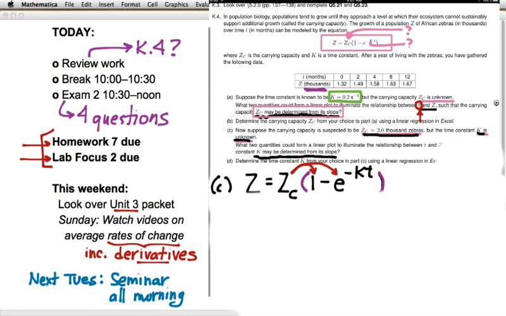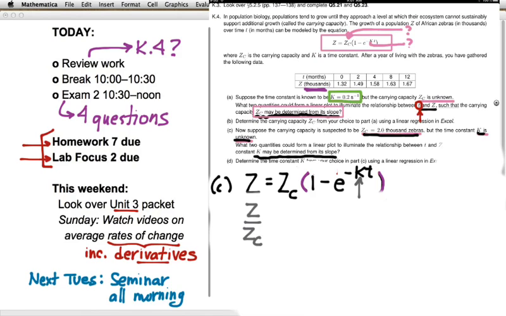Okay, so instead of distributing, you decided to start by dividing both sides by the carrying capacity z sub c. Can you tell me what's behind that choice? What were you trying to do there? We wanted to make it so kt was by itself, going to be one step closer by itself. Right. If it's this k that we're interested in knowing,